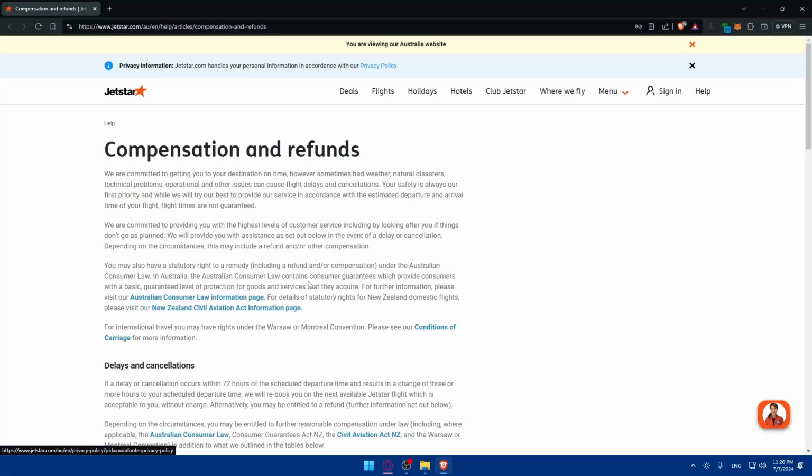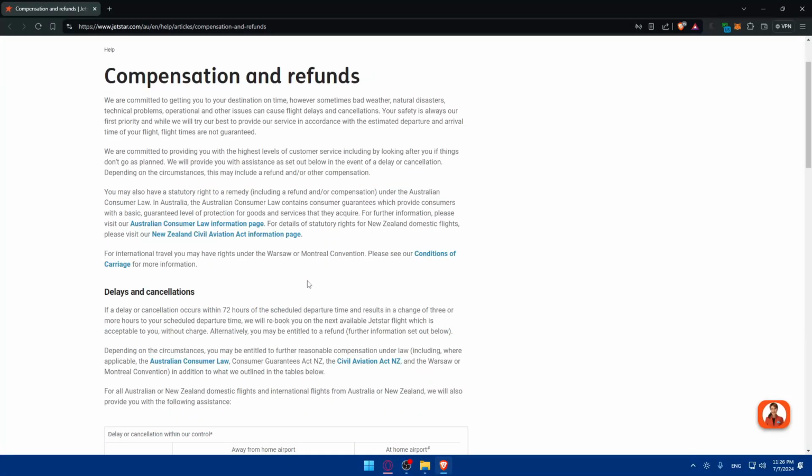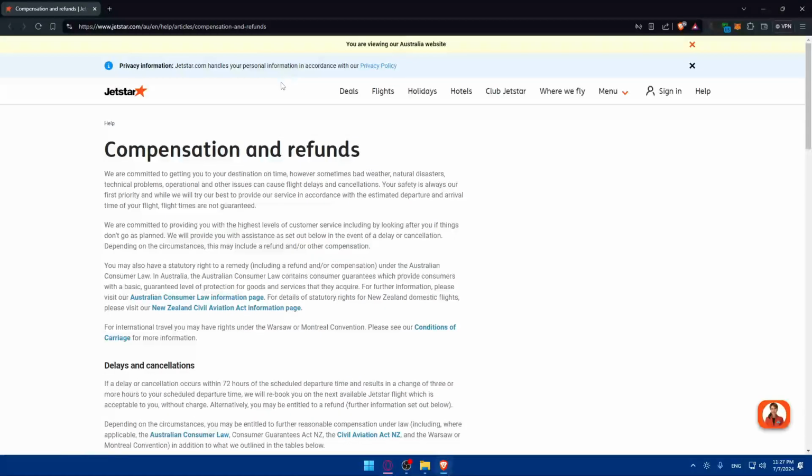The thing that I cannot see mentioned here is simply the cancellation within 24 hours. So if you book a flight and you try to cancel it within 24 hours, they will basically just refund you the full amount to your original form of payment, without asking for a fee, without asking for anything. They will do it right away. And yeah, that's it. So that's how you refund a